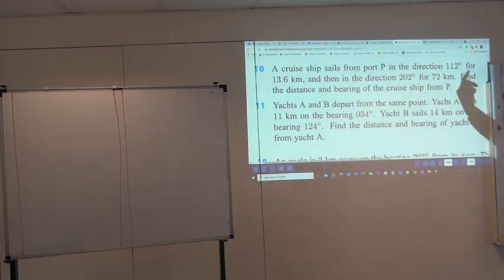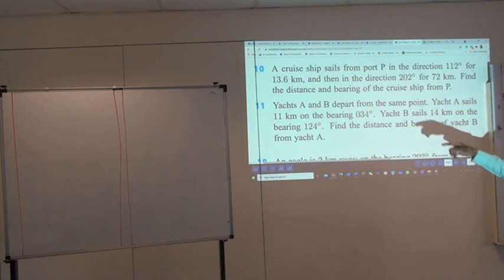11, okay. Okay, everybody loves my tribal mark again. Just kidding. Yacht A and B depart from the same port. Yacht A sails 11 kilometers on a bearing 034 degrees. Now, the first thing I want you to do